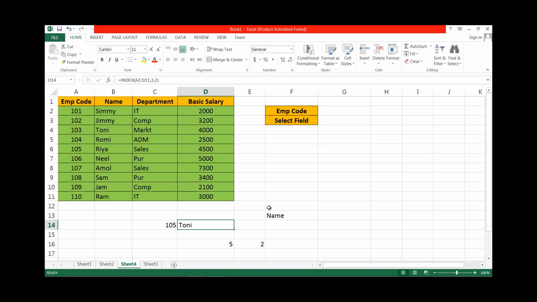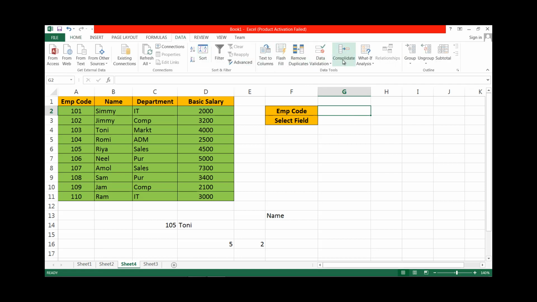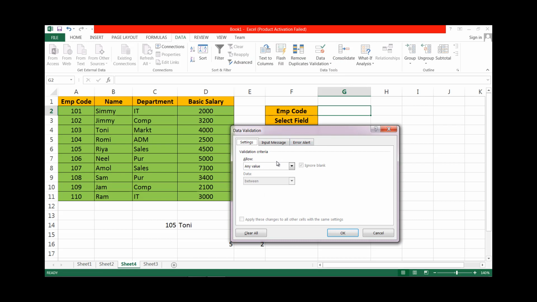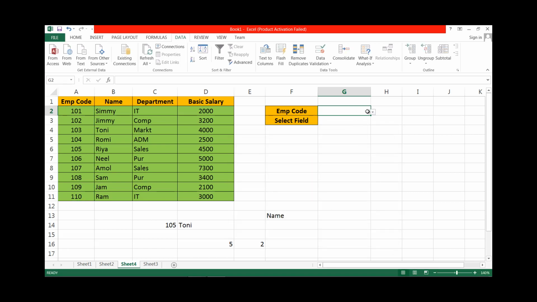Okay. Before that let us first create a drop down list of employee codes. Go to data validation, select list and select the range. Here is the list of employee codes. Then we want a list of columns.